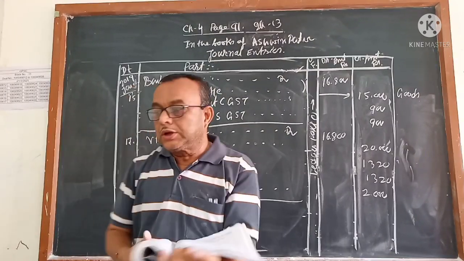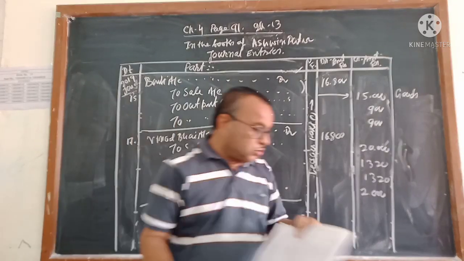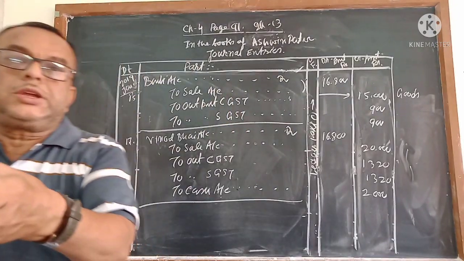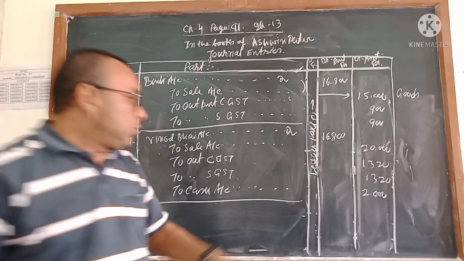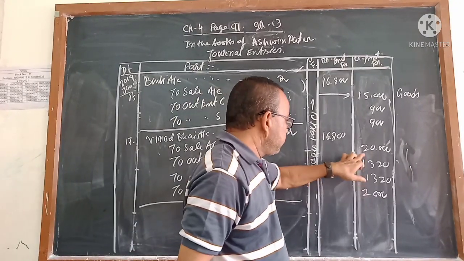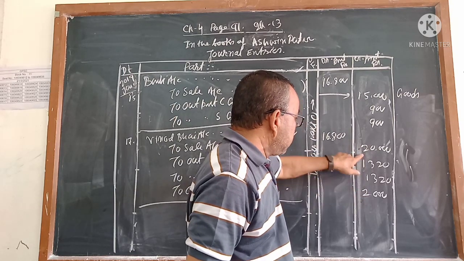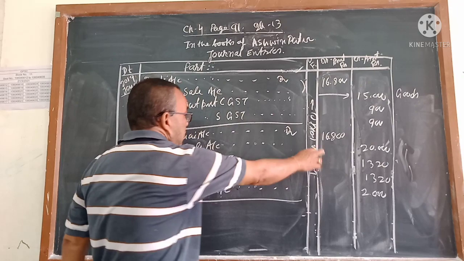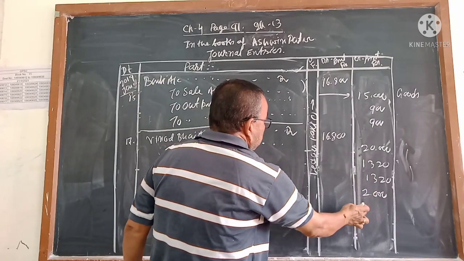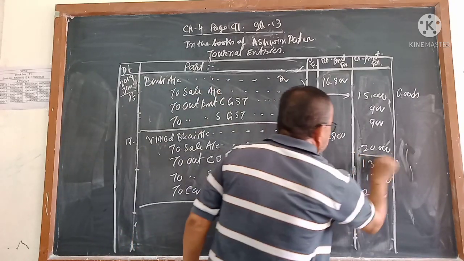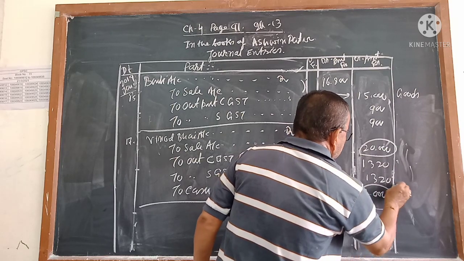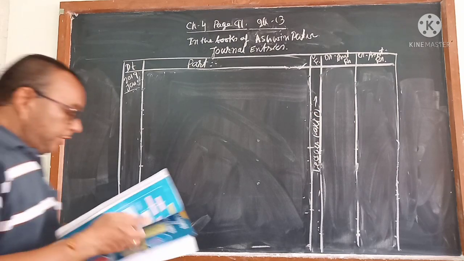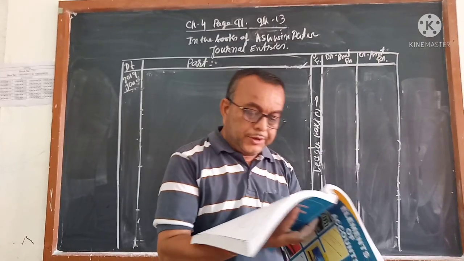What will you do? You write the goods account amount first, then on the basis of the goods you will calculate the GST, central or state, and after the goods, you write cash here, so the calculation of 22,000 will be done. And this is the total amount, 1 plus 2 plus 3 plus 4. After calculating these two, the total comes. Understand? After 17, it comes 20.